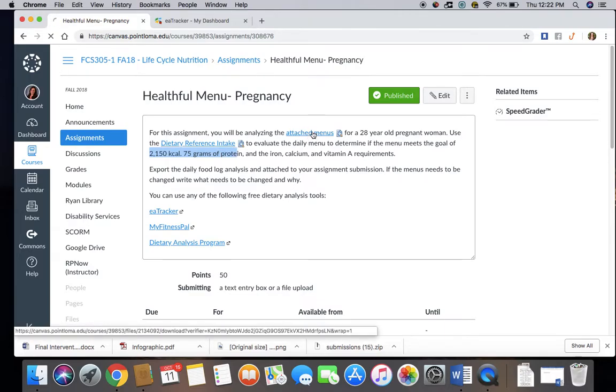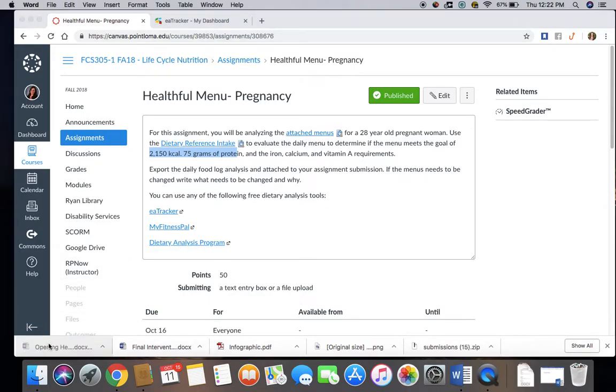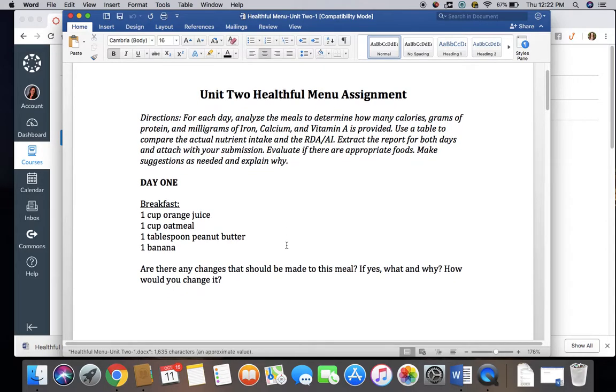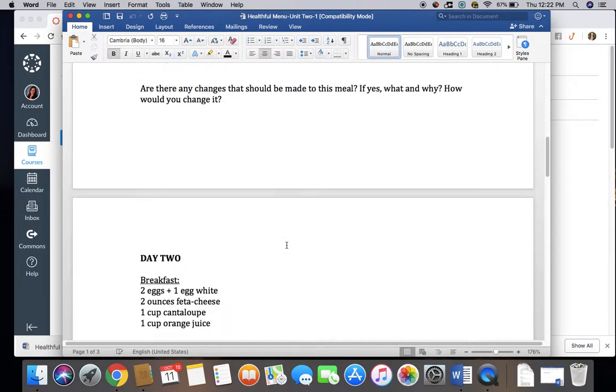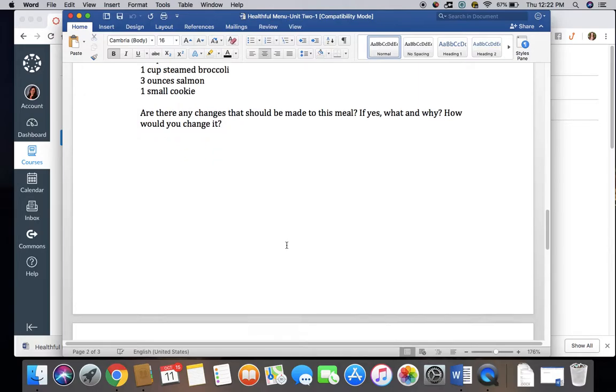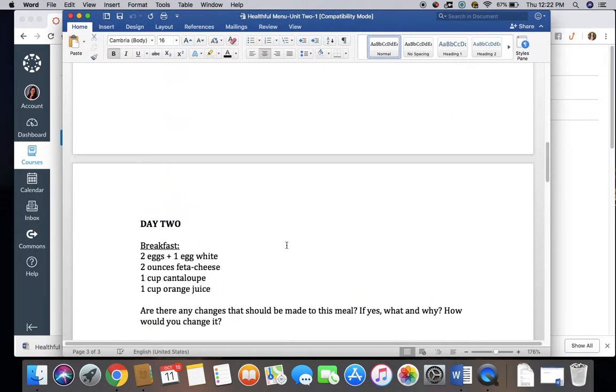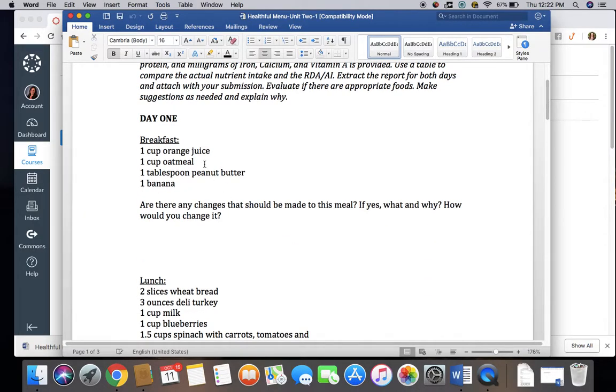So first thing you're going to want to do is download the attached menu. This document here is going to tell you the requirements. For each day, so we have day 1 and then day 2, you're going to make sure that they're eating enough. Here, you're going to identify if there's anything that you should change. So for example, breakfast, you have 1 cup orange juice, 1 cup oatmeal, 1 tablespoon peanut butter, and 1